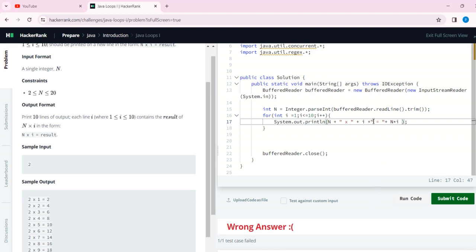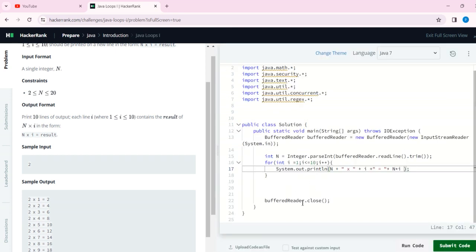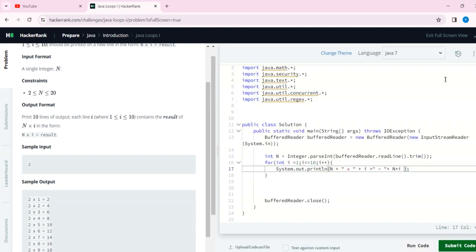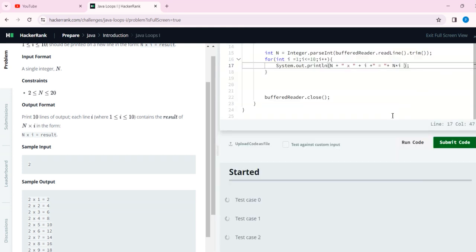Then move forward. Now we run the code again. You see that the sample test case runs, and now we have to submit the code.